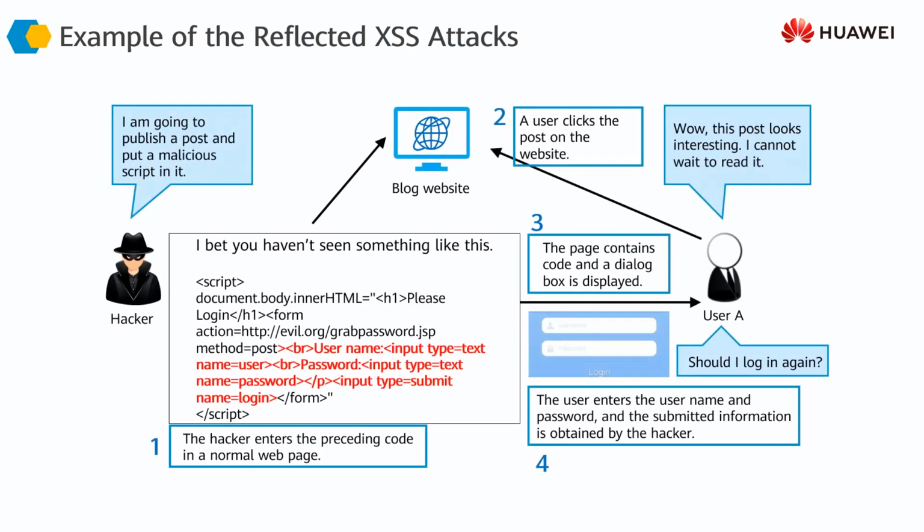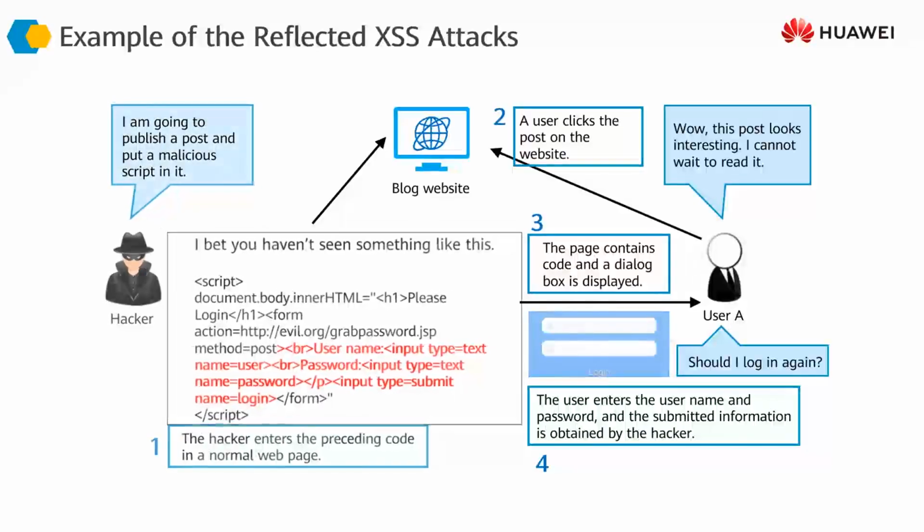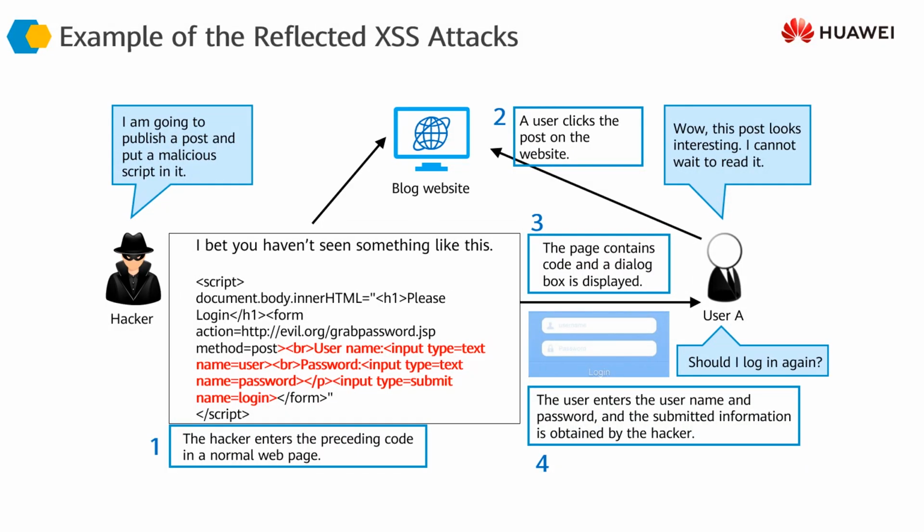If you look at an example of XSS attacks, it will be clear what the hacker does. The hacker embeds something in the link and advertises that link on a blog website, for example. When the user clicks on that link